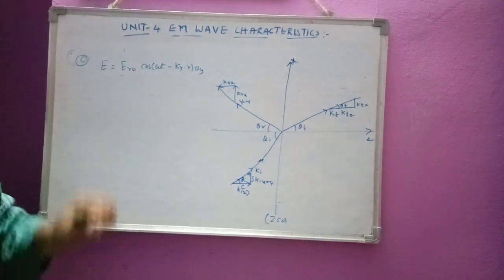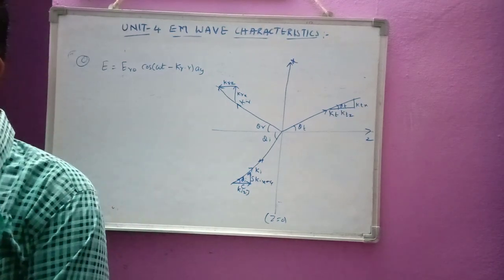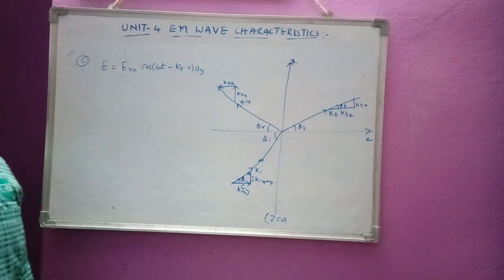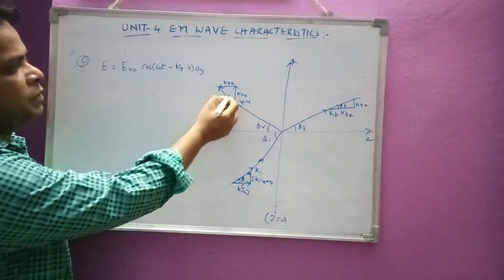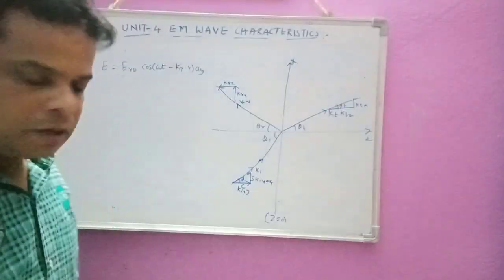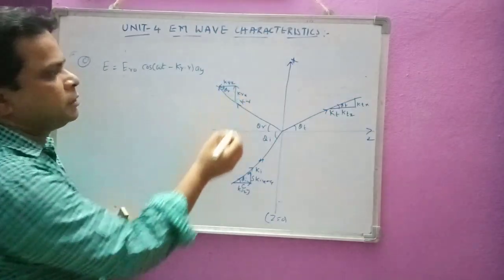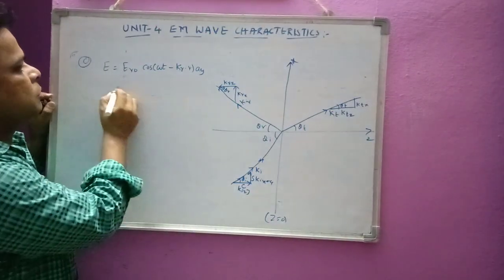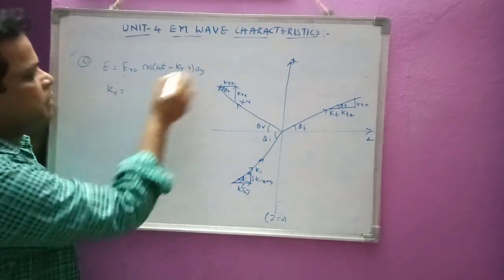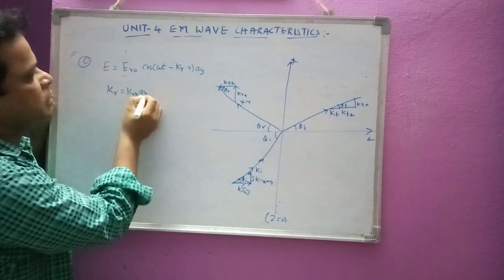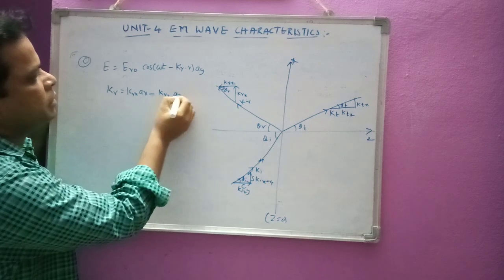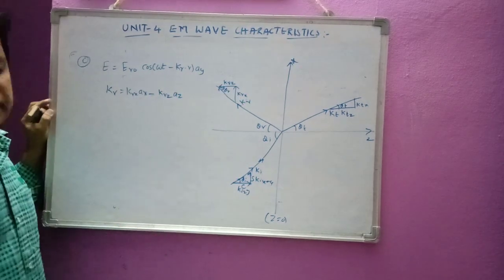As we have seen, the direction of the reflected and the incident wave is in the same direction. Now from the triangle, see this one, this is theta r. From this one, k_r is equal to k_rx a_x, that is in this direction, and this is in this direction, that is k_rz a_z. That's why I am writing minus here, it is opposite to the z direction.